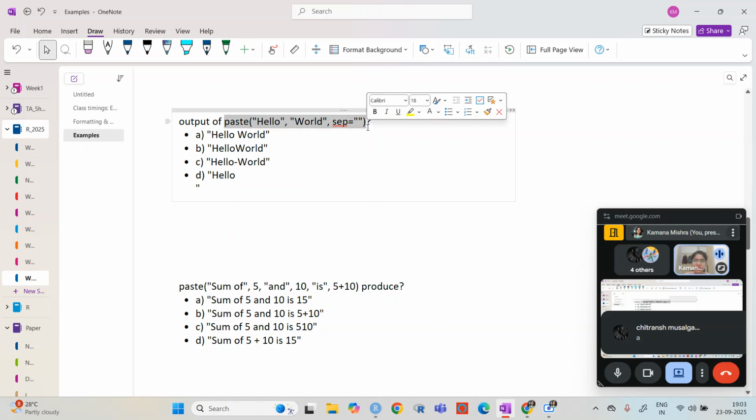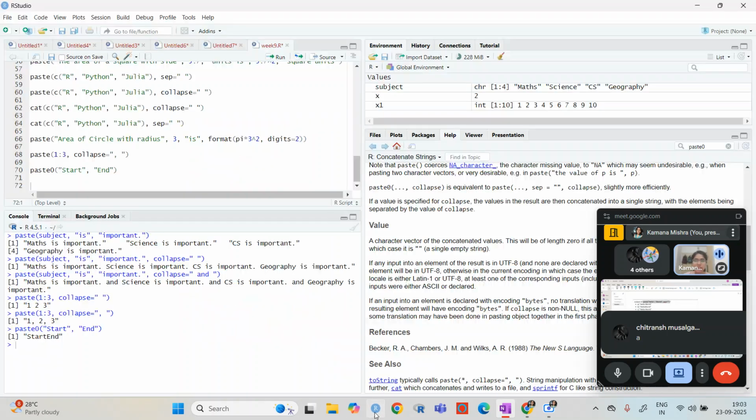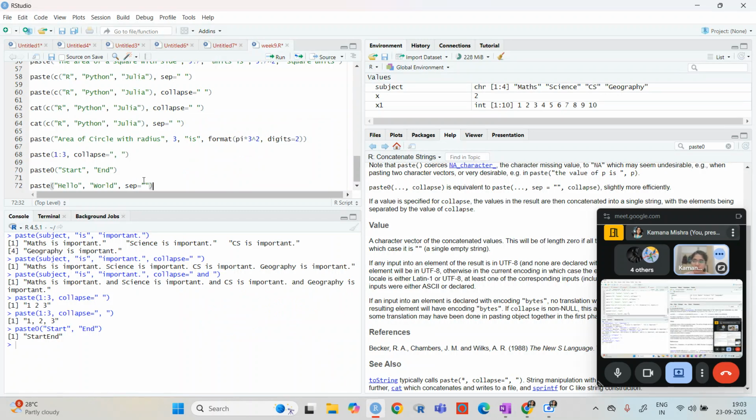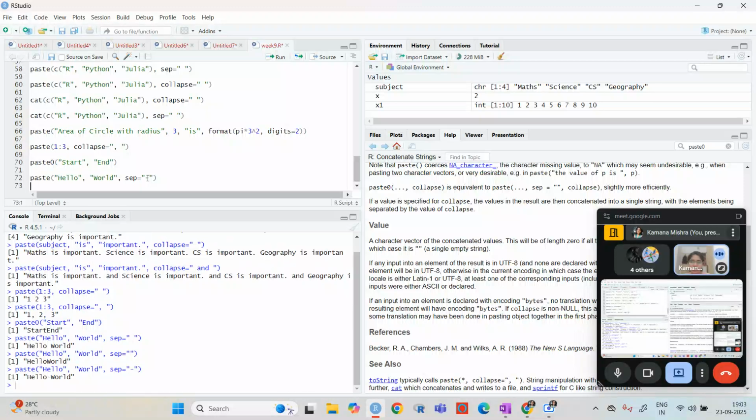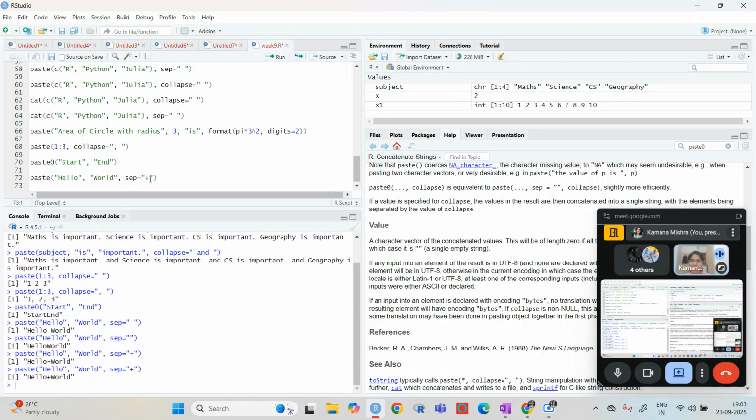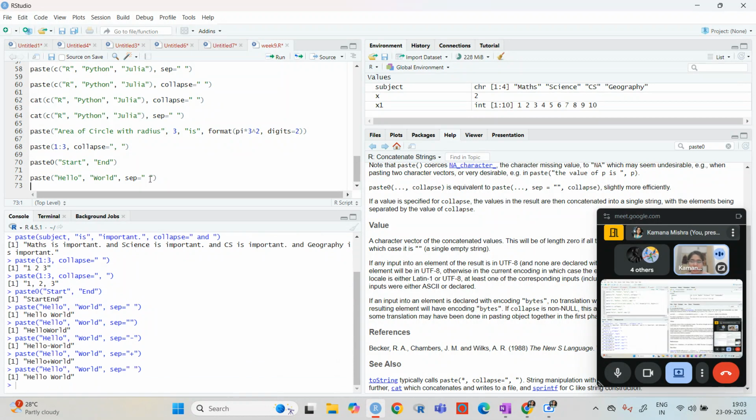Okay, so let us see. If I'm giving a space here, then it is doing like this. But if I remove the space, then it will not make any space. Whatever you give it here, it will come like this. If you do not give anything, or if you just give a space, then it will come with a space, otherwise not.